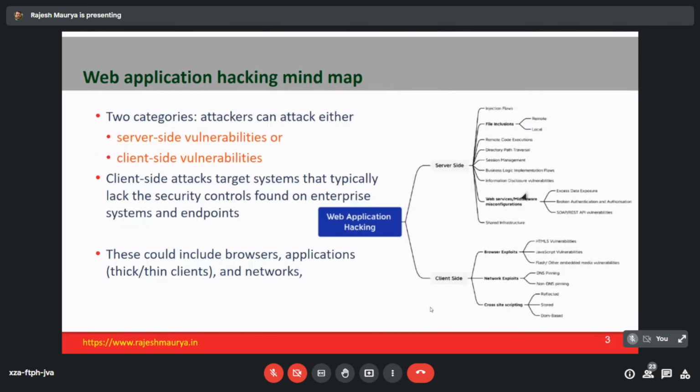So if you just see the web application hacking mind map, okay, it can be done at two levels, server side and client side. Okay, server side के बारे में हमने काफी हद तक डिस्कस किया था. अगर जिसके अंदर आपको इंजेक्शन फ्लॉज आता है, फाइल इंक्लूजन आता है, रिमोट एग्जीक्यूशन होता है, डायरेक्टरी पाथ ट्रैवर्सल है, सेशन मैनेजमेंट है, बिजनेस लॉजिक इंप्लीमेंटेशन फ्लॉज है, इंफॉर्मेशन डिस्क्लोजर है, वेब सर्विसेज एंड मिडलवेयर मिसकॉन्फिगरेशन, शेयर्ड इंफ्रास्ट्रक्चर आता है. क्लाइंट साइड में आपके पास ब्राउजर एक्सप्लॉइट्स है, नेटवर्क एक्सप्लॉइट है, एंड क्रॉस साइट स्क्रिप्टिंग है. So these are some of the important types of the exploits that you are going to have at the